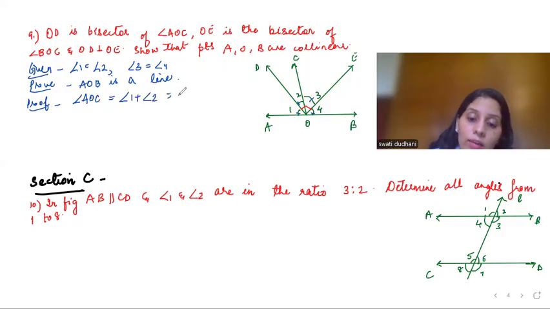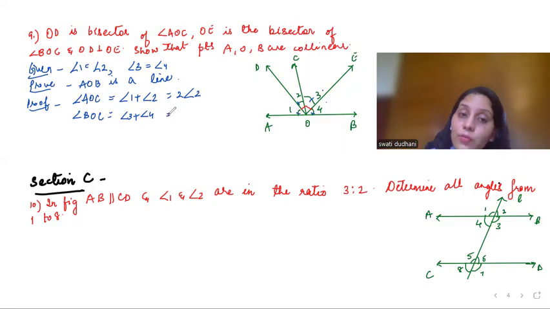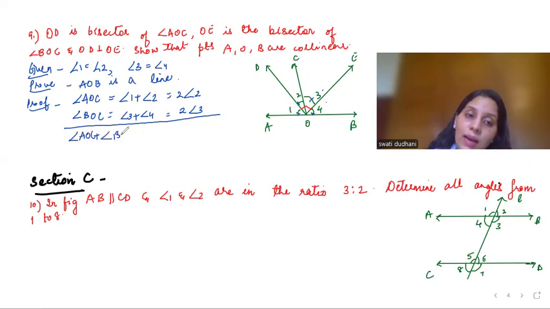Since 1 and 2 are equal, I can write 2 times angle 2. Right? Because 1 and 2 are equal. Similarly, angle BOC is basically 3 plus 4. Again, since 3 and 4 are equal, I can write 2 times angle 3. Now you will understand why I wrote this. So when I add these two equations, I get angle AOC plus angle BOC is equal to 2 into angle 2